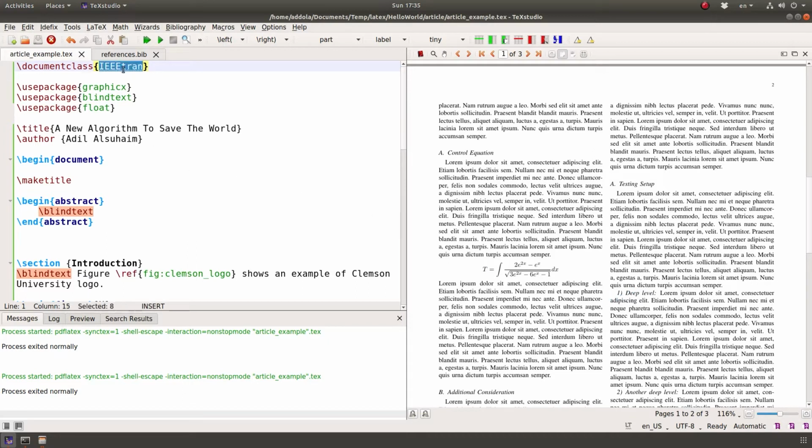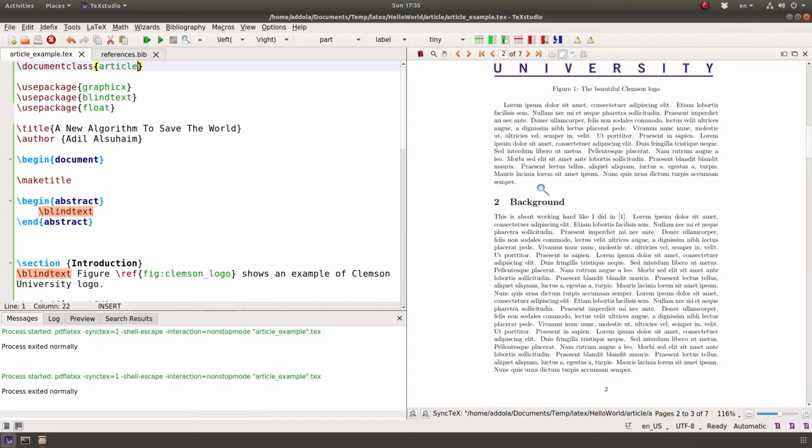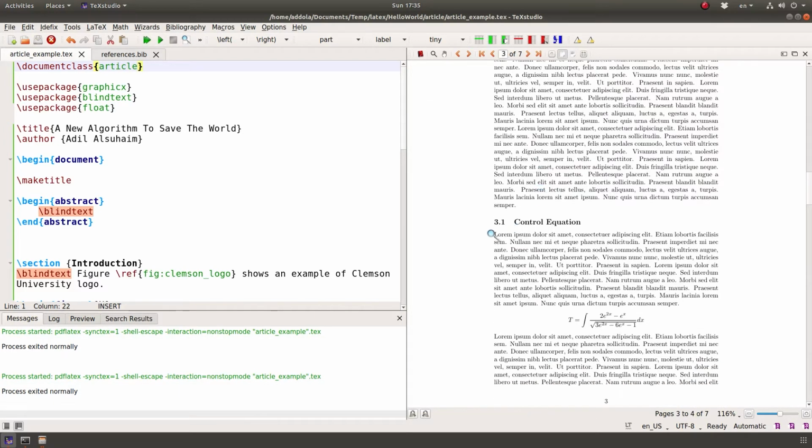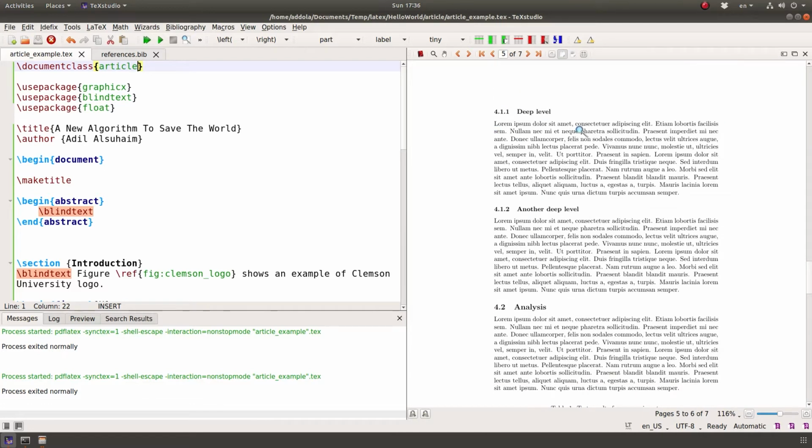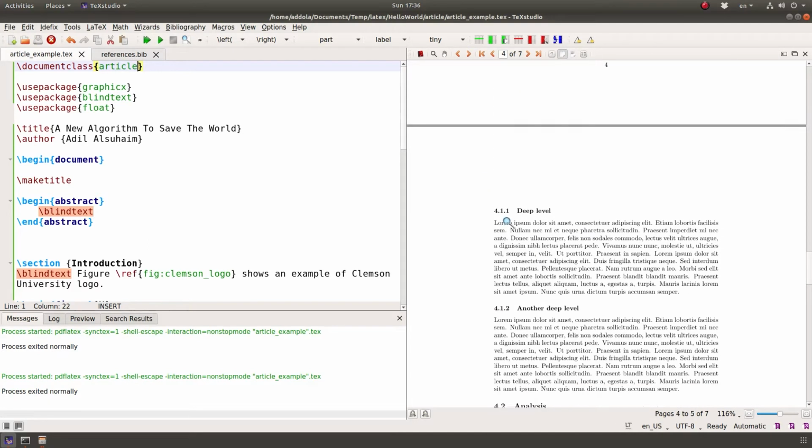As opposed to the normal one, which was 1, 2, 3, and then 0.1, and then 0.2 for subsectioning.